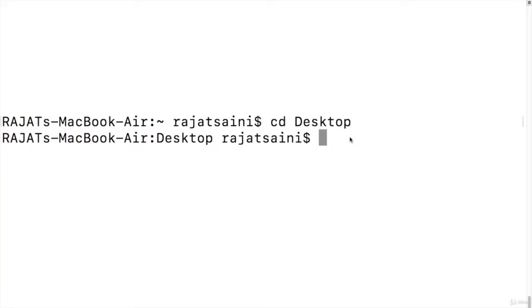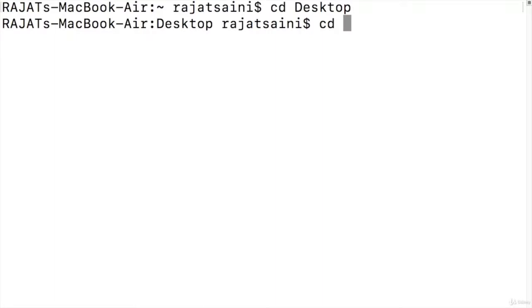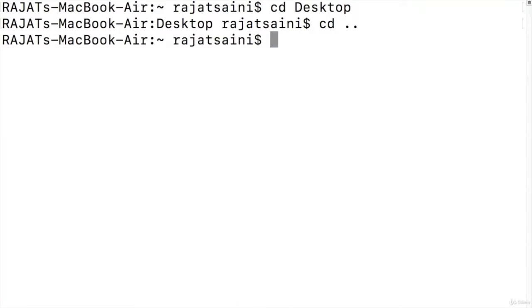And to move back outside a folder, we will write cd space dot dot. So we will move back to the parent directory, that is the root. So we have moved back from desktop towards the root. So again we can move back to the desktop,